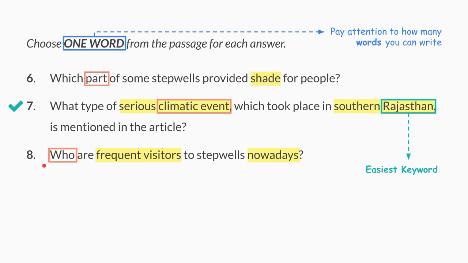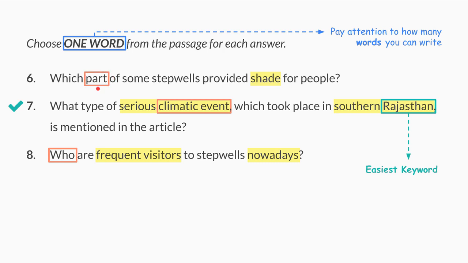Finally, the last thing that you have to do is identify the specific information that each question is asking you for. What is the specific information that each question is asking you for? So in number 6, the question is asking you for a certain part of some step wells. So the answer we can already guess, it's going to be a noun, because only a noun can be the correct answer. Since we are looking for some sort of a part, some sort of a thing,